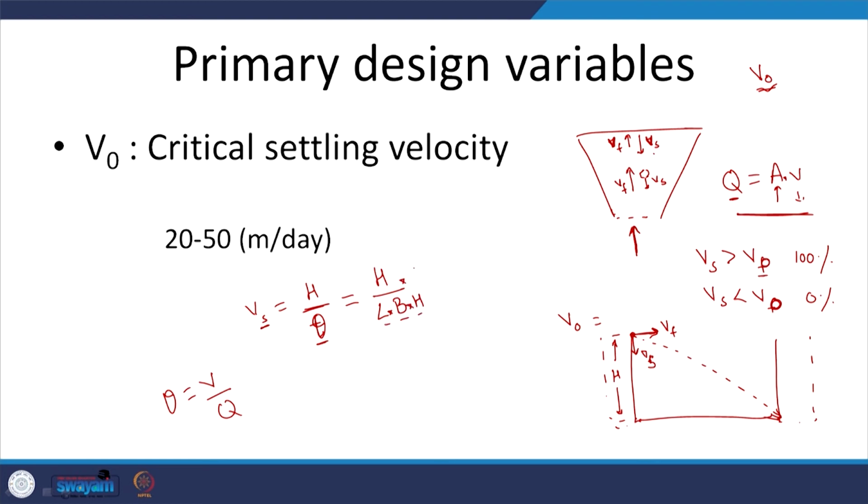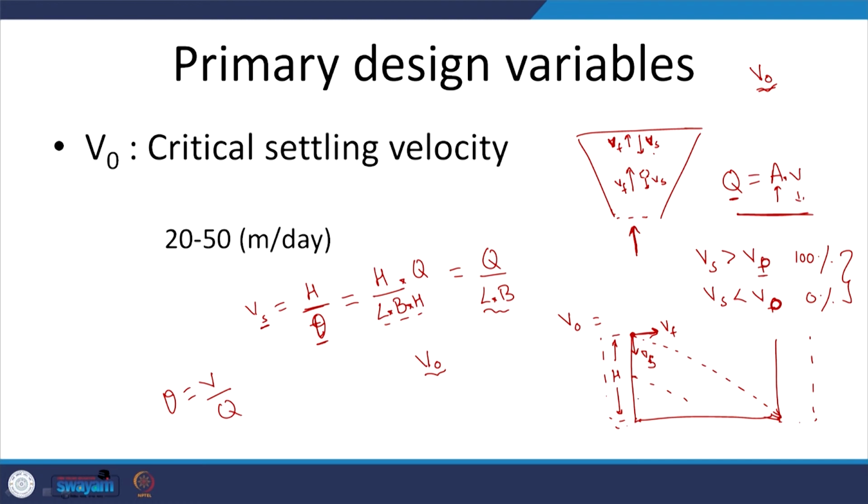the height cancels out, and this is going to be equal to Q by length into breadth, that is, Q by the surface area. Again, this is similar to the surface overflow rate. So if the Vs is greater than the surface overflow rate, then it will be removed. If Vs is less, unlike 100% and 0%, there is a different aspect, as it depends upon which height the particle is coming at. So a fraction will be removed. It's no such thing as 100% removal.